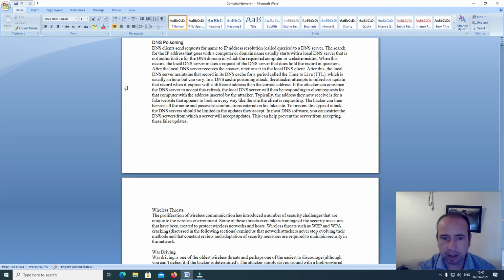The hacker can then harvest all the name and password combinations entered onto his fake site. To prevent this type of attack, the DNS servers should be limited to updates they accept. In most DNS software, you can restrict the DNS servers from which the server will accept updates. This can help prevent the server from accepting these false